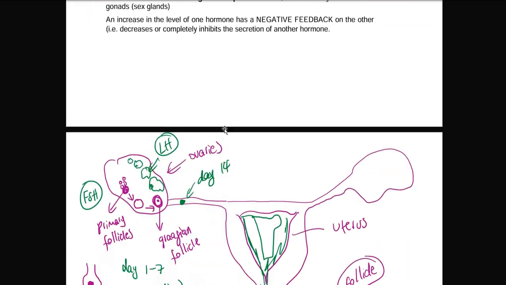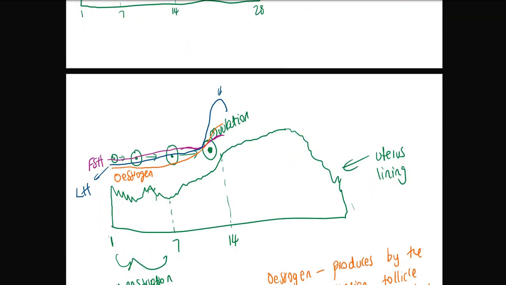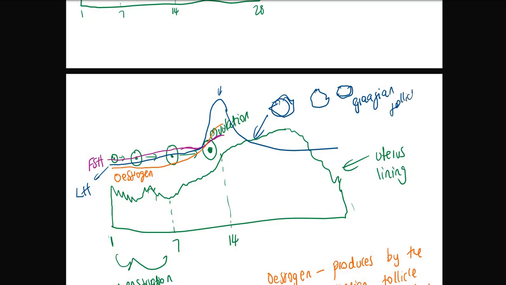Okay, let's put it like this, right? So let's just say we're gonna have something like this. And then what does this signify, right? Remember, you have the graphene follicle that is slowly degenerating. Now, this graphene follicle, we call it a what? A corpus luteum. Okay, a corpus luteum. So as the corpus luteum is degenerating, that's why the levels are gonna be decreasing for